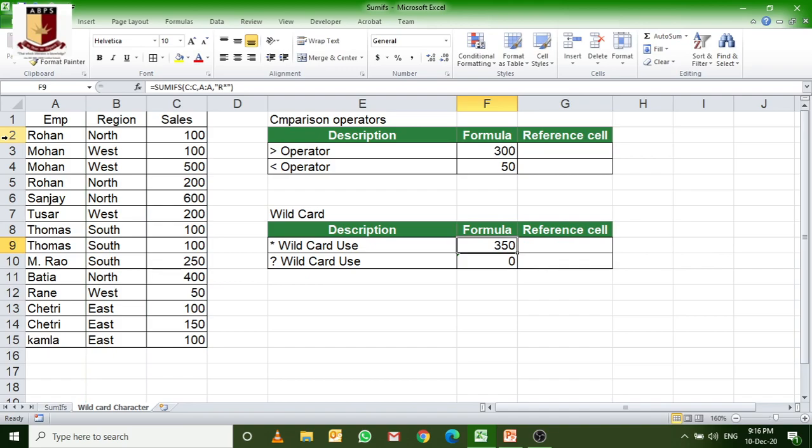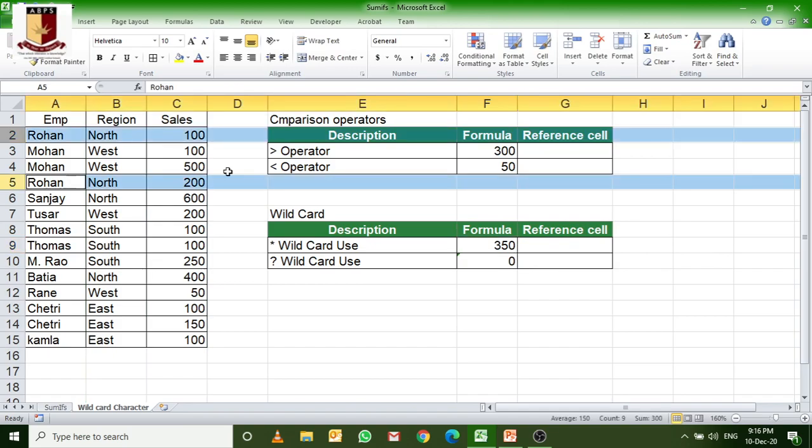Why 350? This Rohan 100 and 200, 300, and one more starting from R, Rane. So this becomes 350. Suppose let me change this. I am saying starting from B, for Bhatia only. Just check, it's coming 400 for Bhatia.